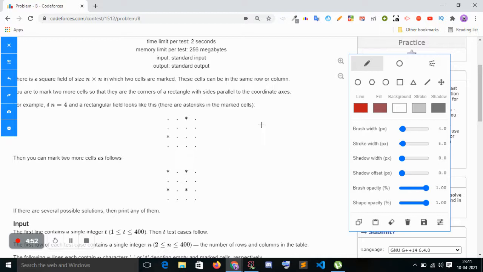Another condition is if the same columns are there. This is very similar to the same row condition. Let's assume the columns are the same and the column is 0, then you can print here. This is one of the solutions.